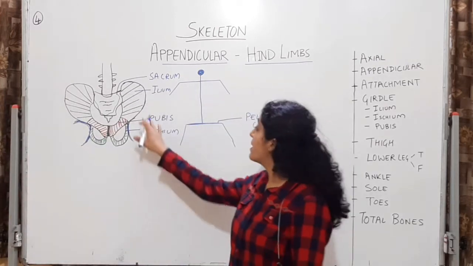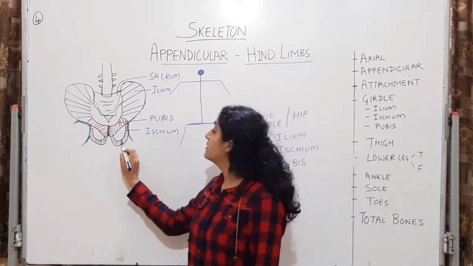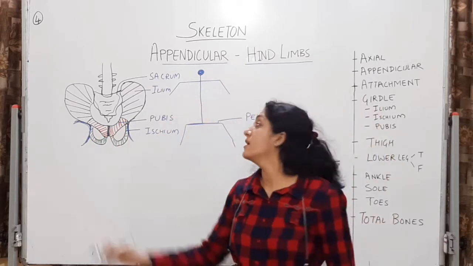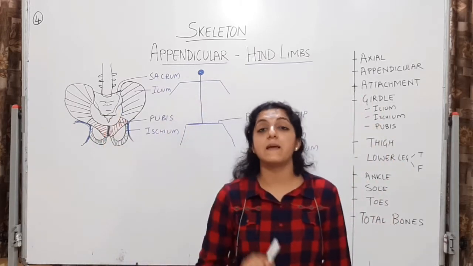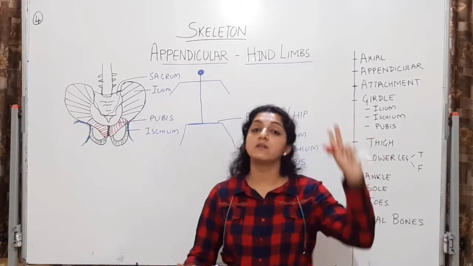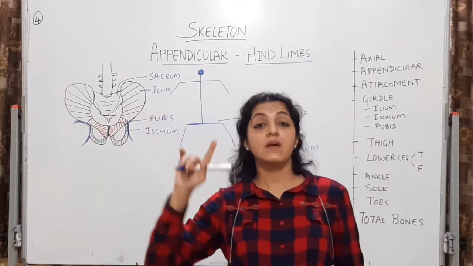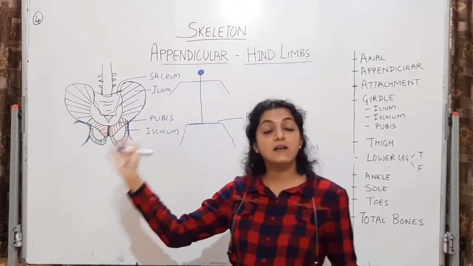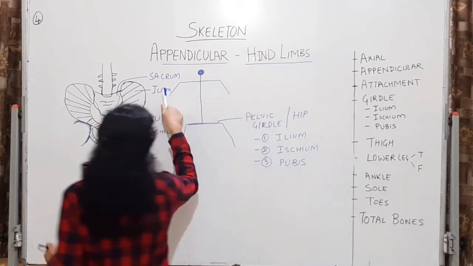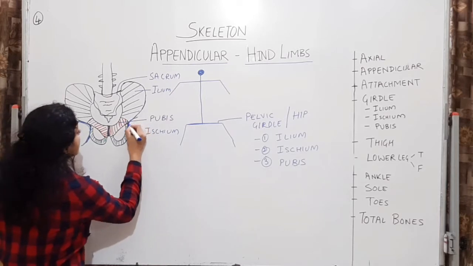So ilium, ischium and pubis, they are the bones of the pelvic girdle. Ilium is the largest one, then is the ischium, then is the pubis, and these will be attached posteriorly to the sacrum. Important MCQ. Okay, hip girdle is made up of three bones. Pectoral girdle or the shoulder girdle is made up of two bones. These are going to be attached posteriorly to the sacrum or the sacral vertebrae. Important MCQ over here.